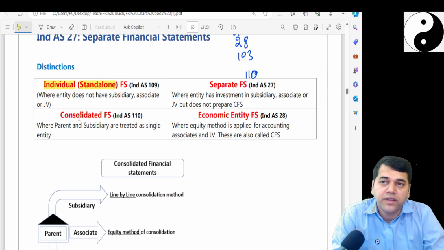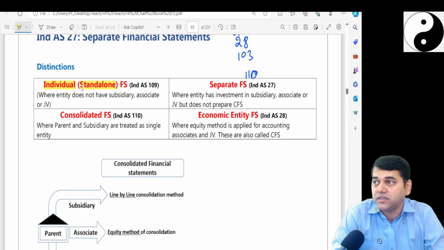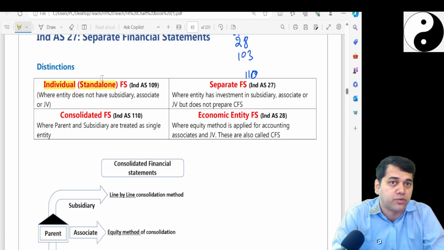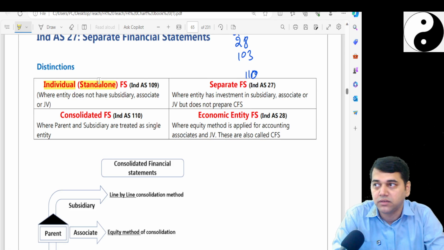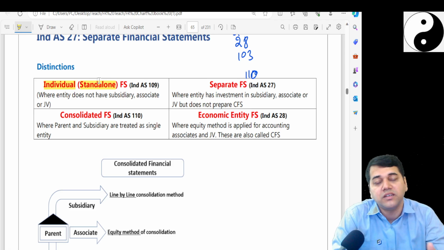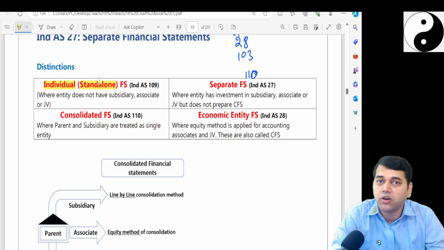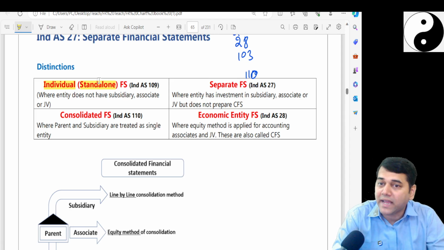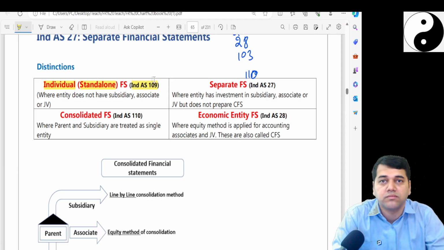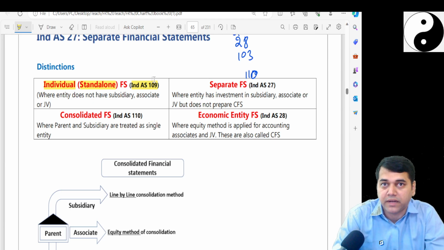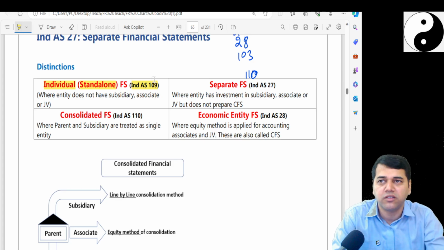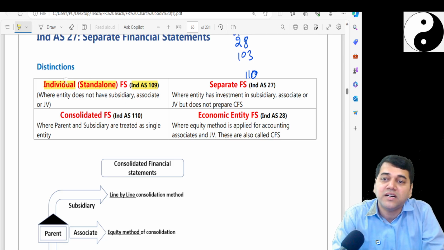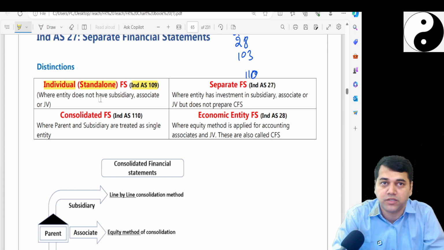No. When you don't have any subsidiary, associate, or joint venture, and you have made an investment in the equity shares of some other company, but that equity investment doesn't result in influence, control, or joint control, then you are going to account for that investment as per Ind AS 109. So the financial statement you prepare, where Ind AS 109 accounted financial instruments are available, which is not debentures and all, but equity instruments,